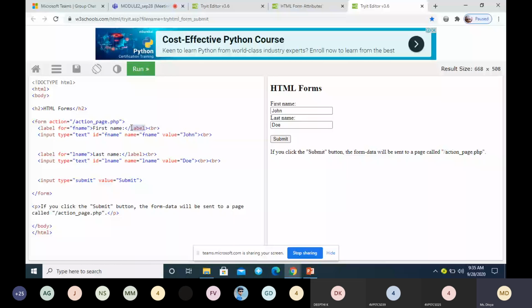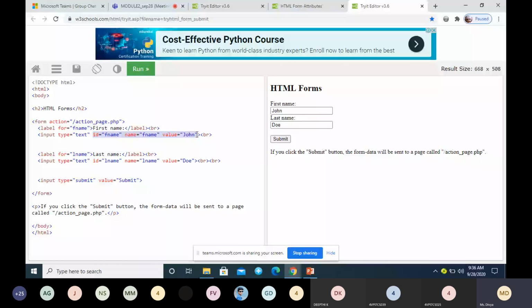Then we have declared a control to enter the first name, which is of type text, which means you can enter text data. This is very important: type equal to text. Then you can specify the ID, name and value, which will be helpful later when you are dealing with the server side page.